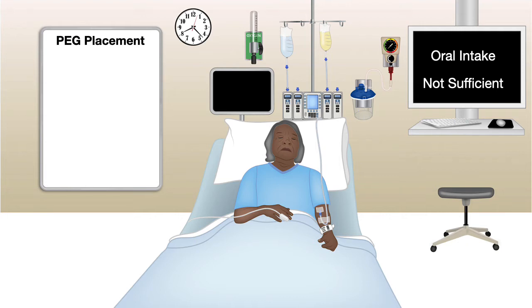PEG tubes are typically considered in patients whose oral intake is not sufficient. If it is only for a few days, you can manage with a nasogastric or a nasojejunal feeding tube placement. But if the need is going to be for several weeks, then PEG tube is considered. Typical examples include someone who had a stroke and is unable to swallow, and the swallowing function is not recovering,